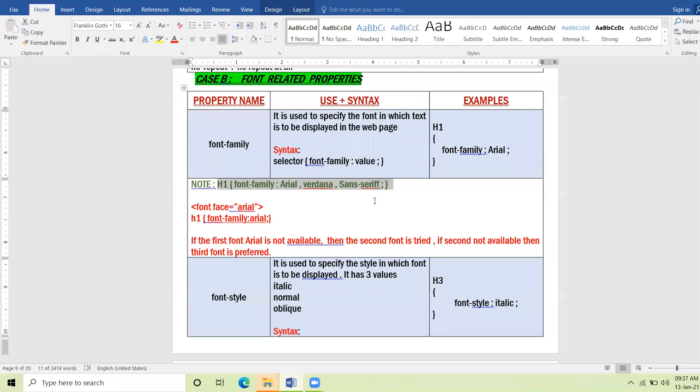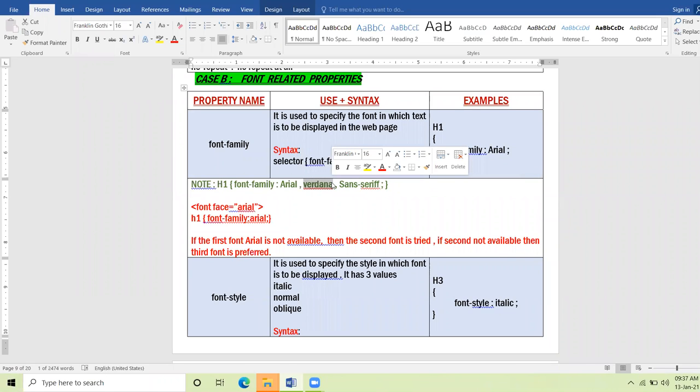I have shaded one line. Now in this line you can see I have taken 3 types of font: Arial, Verdana, Sans-serif. What does it mean? If your browser is unable to display the font in the first style, if your first style is not available, then it will display the text in the second style.